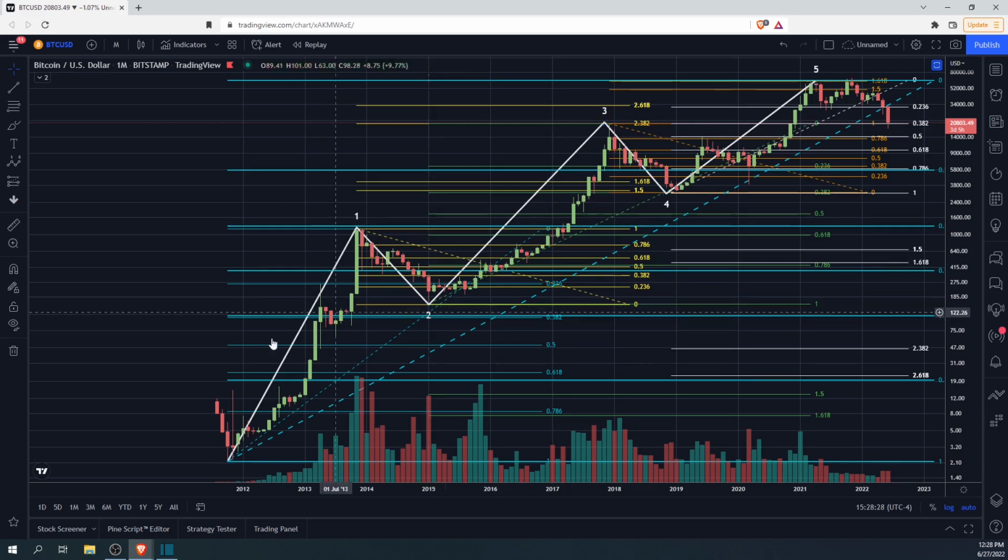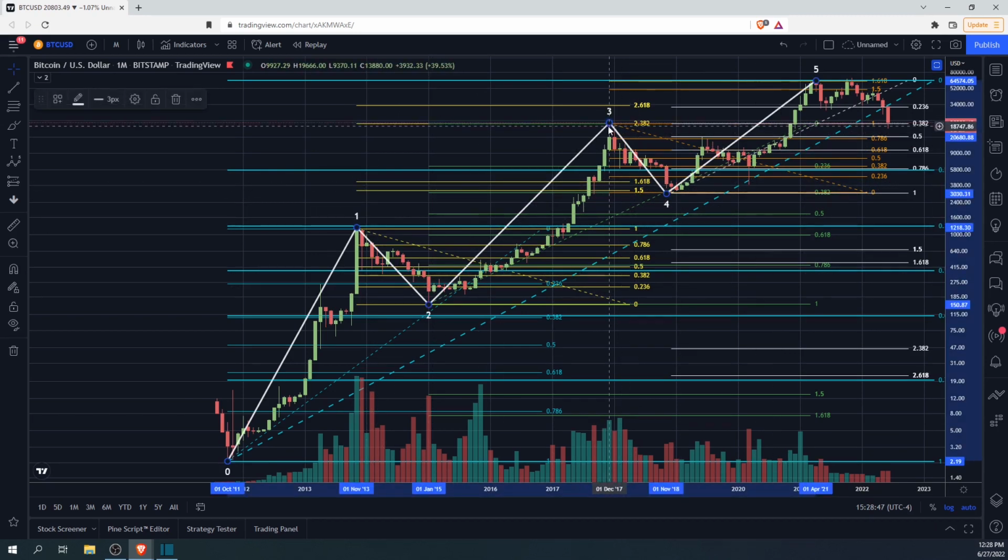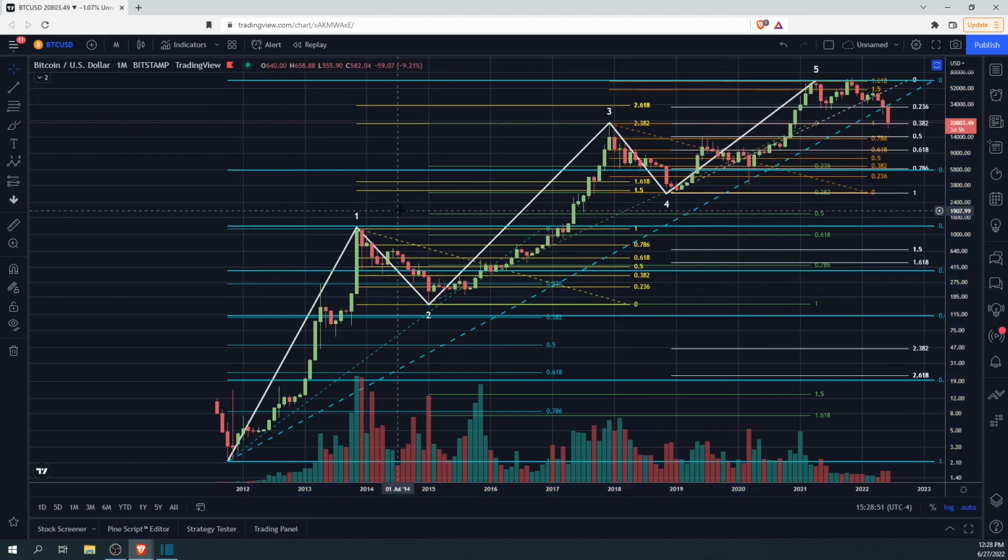So what we need to look at here is the length of the 1. And in this case, we basically go from $0 up to $1,218. So we want to make sure that our 3 is longer than the 1, so we can already presume the length of the 5. So if the 1 is longer than the 3, we know that the 5 cannot be longer than the 3, or else the 5 would be longer than the 3 and the 1 would be longer than the 3. And we know that our rule is that the wave 3 is often the longest, but never the shortest. So in this case, our wave 1 is about,